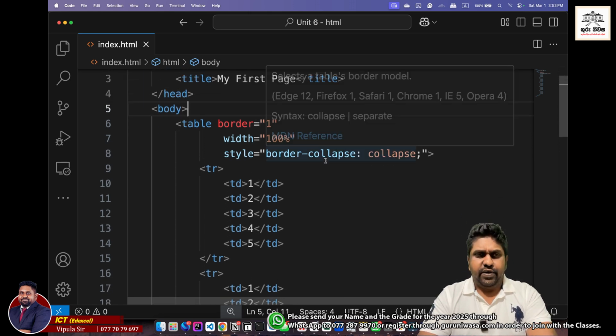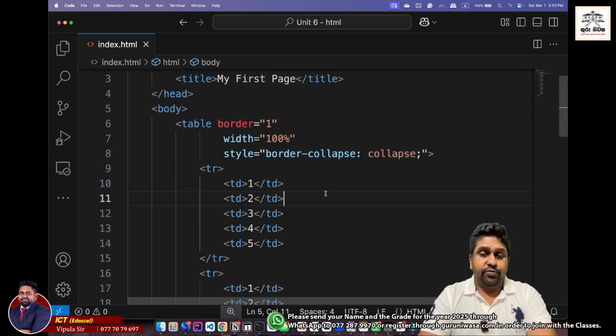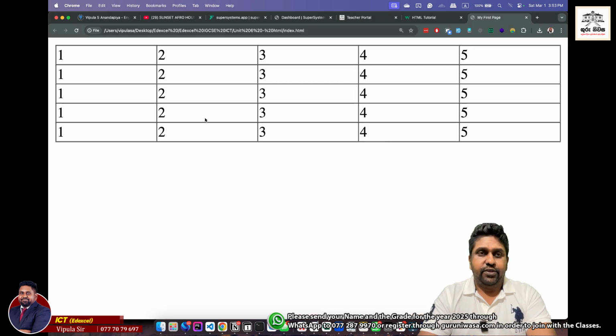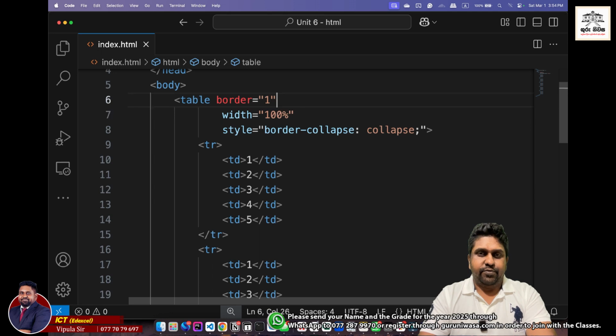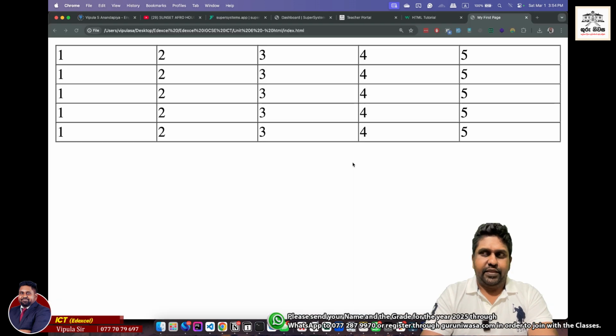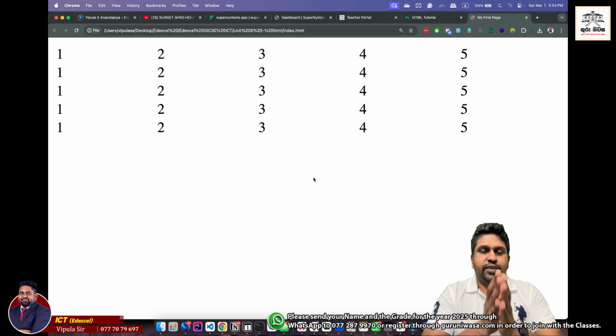What happens is when you add the border collapse style, automatically the border sizes will all disappear. And now we don't have any margins or spacings in the table. Super. So I'll make this 0, and then when I refresh, now we have a lean table without any paddings